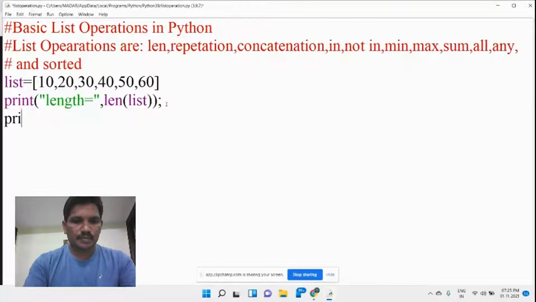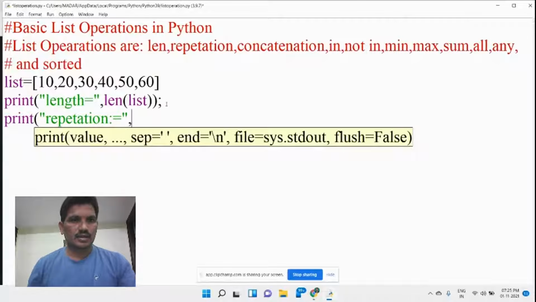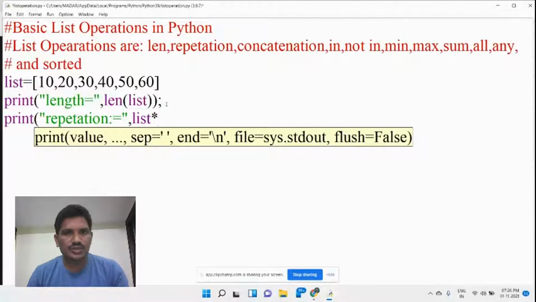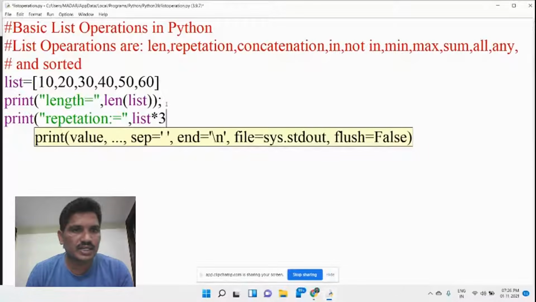For example, print repetition equals the list object or list variable multiplied with, the star should be used over there, then 3 times. Because the same list should be displayed three times: 10, 20, 30, 40, 50, 60, again 10, 20, 30, 40, 50, 60, again 10, 20, 30, 40, 50, 60. The list should be repeated three times.